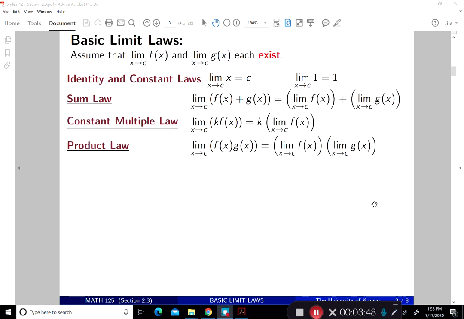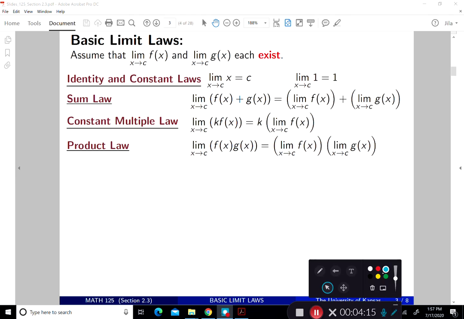Now, the first two laws that we mentioned didn't use f or g, the assumption that we made, but the rest of them are going to make the assumption. So assume that the limits of f and g exist as x approaches c, then the limit of their sum exists and is equal to the sum of the limits. So the limit of f of x plus g of x is going to be the limit of f of x plus